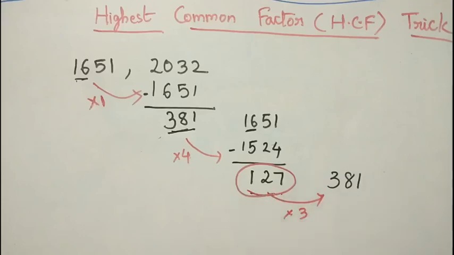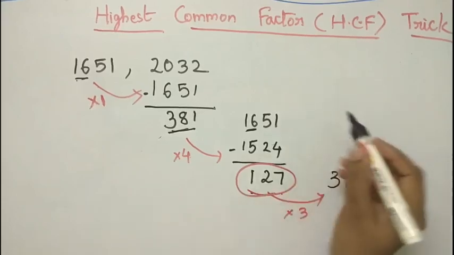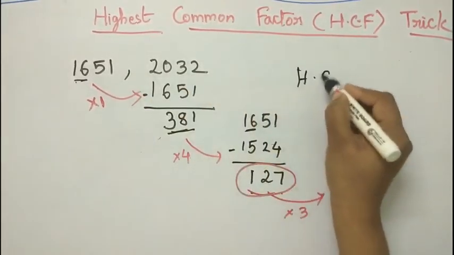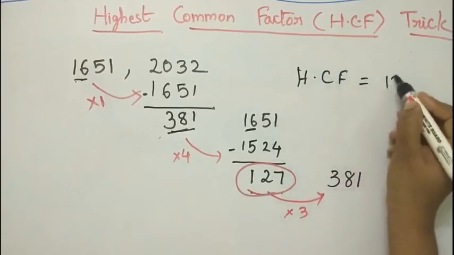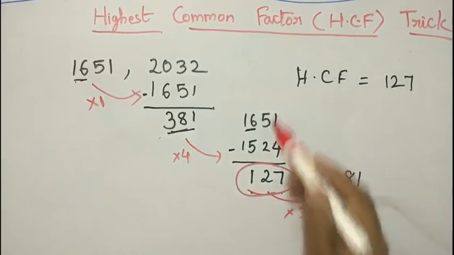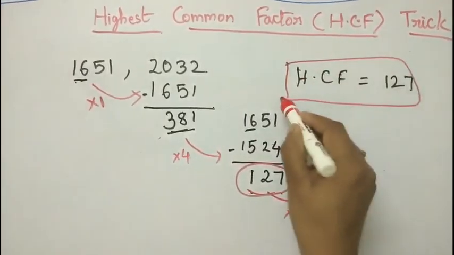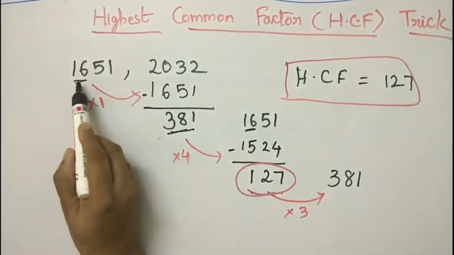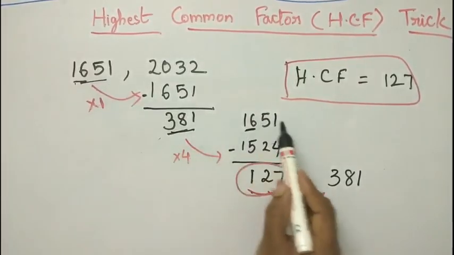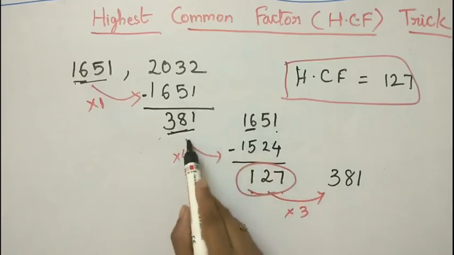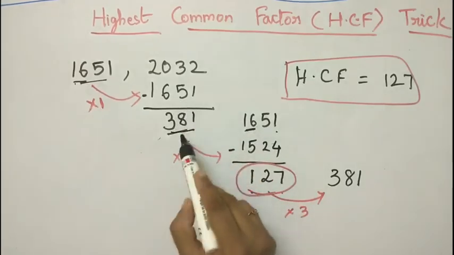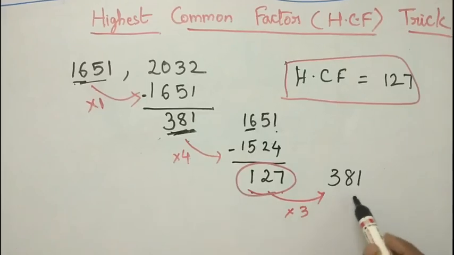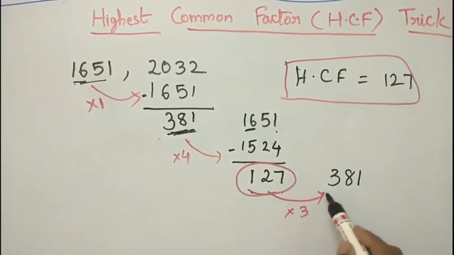the HCF. The HCF for these two numbers is 127. This is the HCF for these two numbers. Clear? If you observe, in each and every step, the number which I am writing here, in the next step I am bringing here and dividing, with the subtraction of the result which I got here. In each and every case you have to do like that,